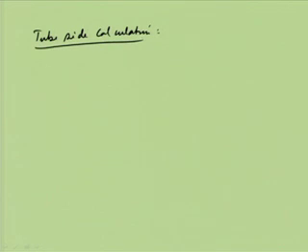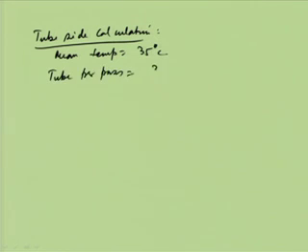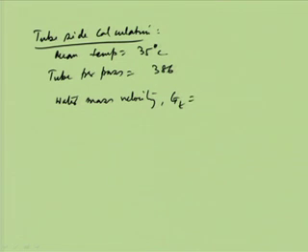Okay. In tube side calculations, we have mean temperature 35 degree centigrade, and so tubes per pass, that is very important, is equal to 386 divided by 2, and so water mass velocity, we know that inner diameter of the tubes, GT, will be equal to 584 kg per meter square per second.